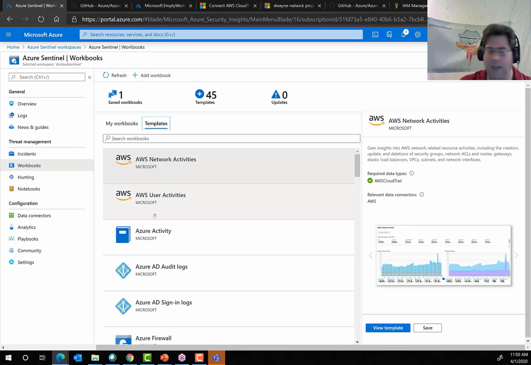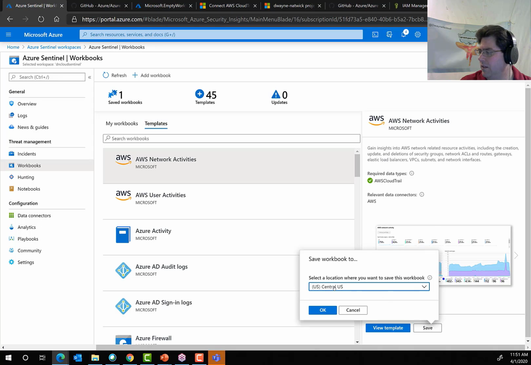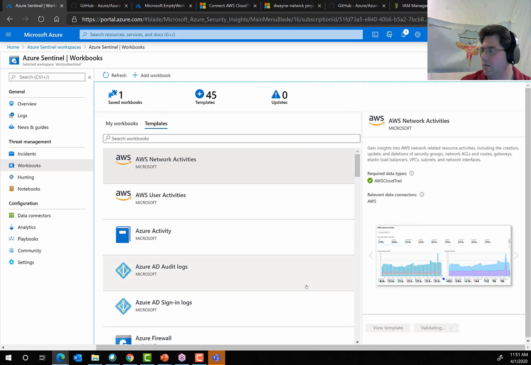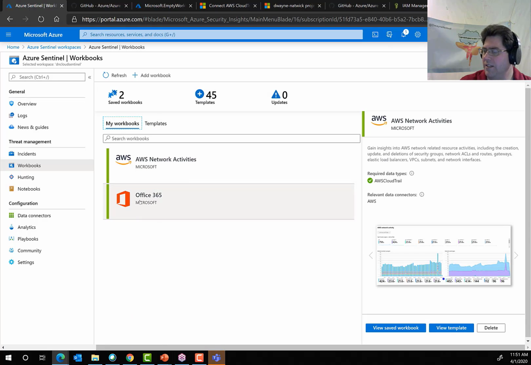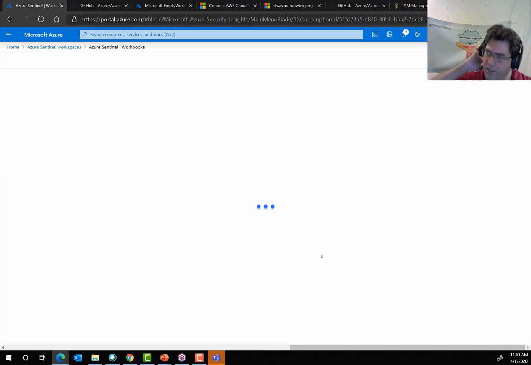We have our workbooks here. Again, these workbooks are based on the data connectors. So we can see AWS network activities. We have a template in here. We can save that template and add it to our workbooks, so that's going to show up as a workbook. You can see I already saved a workbook for Office 365 in here. And for those workbooks, if you click the View Template,